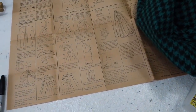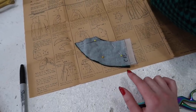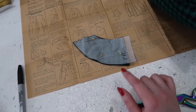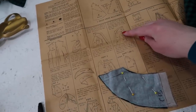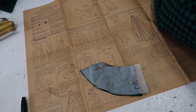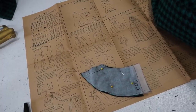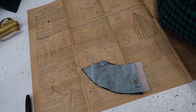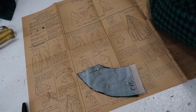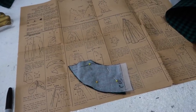So what I've done is I've drafted a facing for the back, and I did this just by tracing around the top edge of the back panel and adding a 1/2 inch seam allowance so I can actually stitch it on to the front facing that is part of the front panel, and then that will get flipped inward and that will neatly finish that edge, and then I can sew the lining underneath that facing. And once again, I'm going to be sewing the lining underneath the facing instead of sewing it on top of the facing. First step in this process is going to be pinning the collar on,